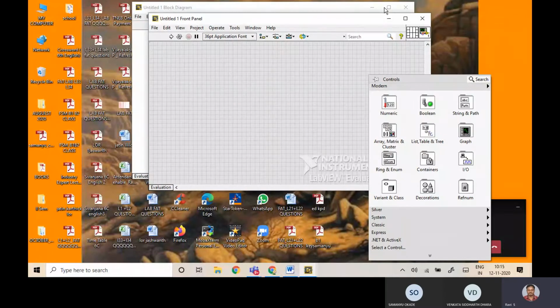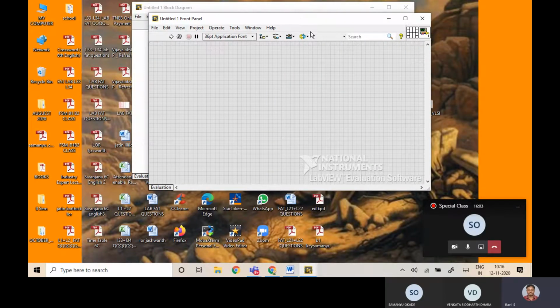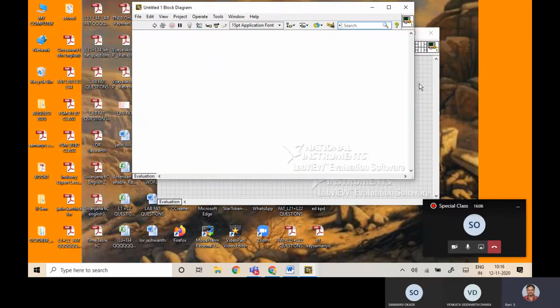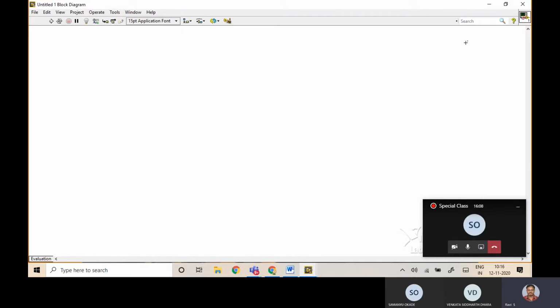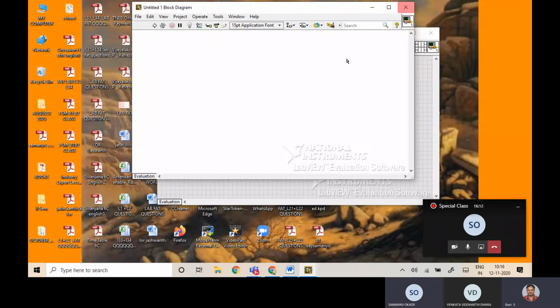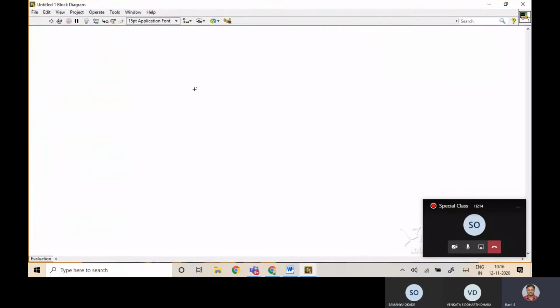The moment you open the blank page, you will get two panels. One is called the front panel, the other one is called the block diagram. Are you there? Yes, sir.